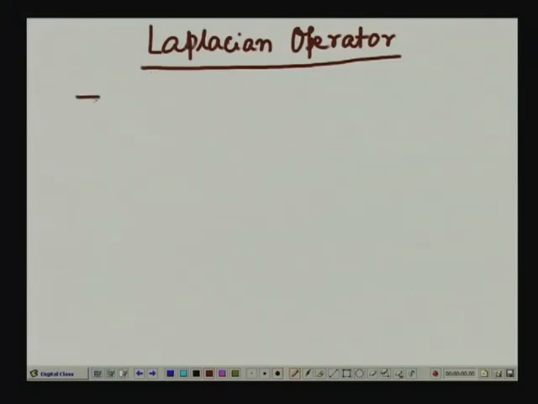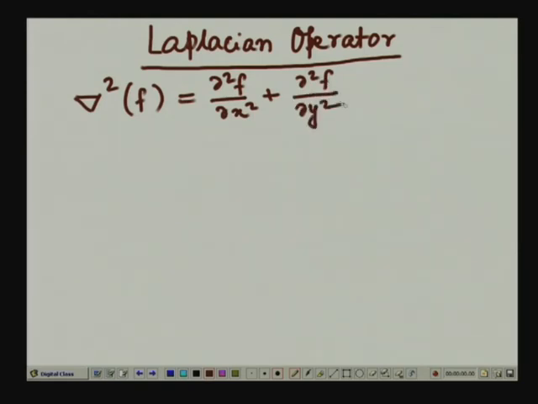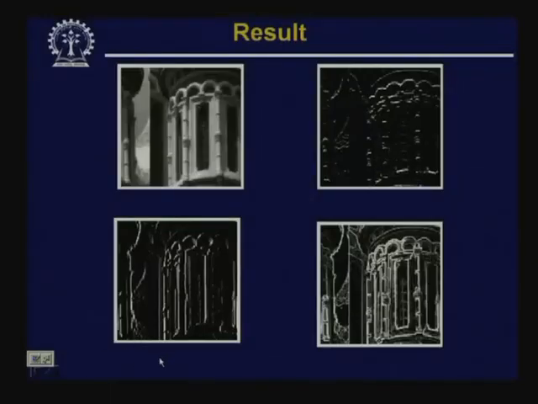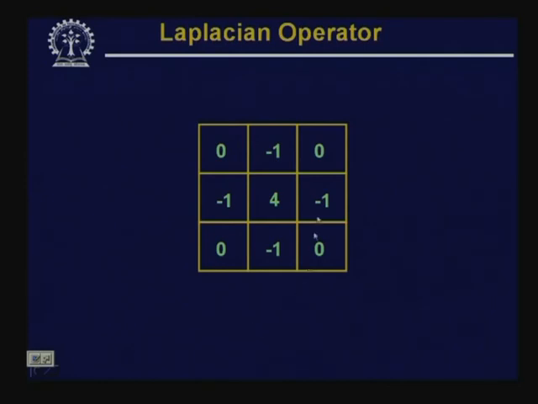And as you already know, the Laplacian operator of the function f is given by del 2f del x2 plus del 2f by del y2, where del 2f del x2 is the second derivative along the x direction and del 2f del y2 is the second derivative in the y direction. And we have also seen earlier that a mask which implements the second derivative operator is given by this, where